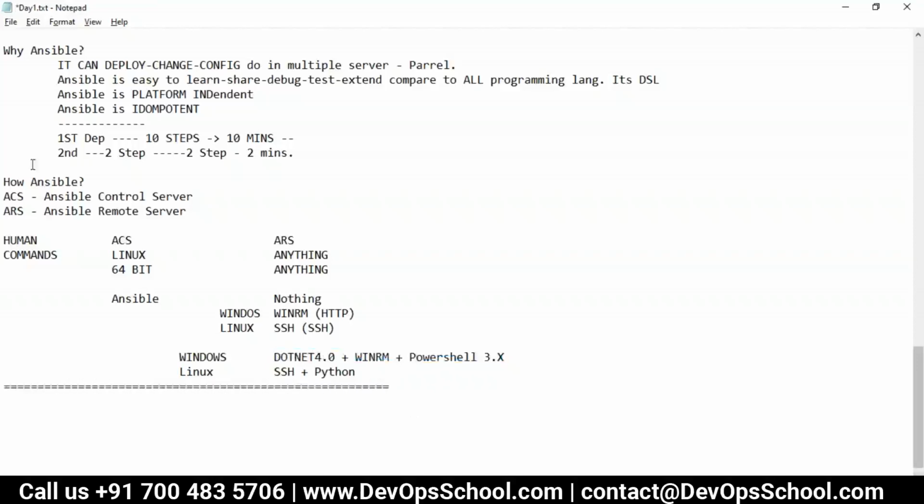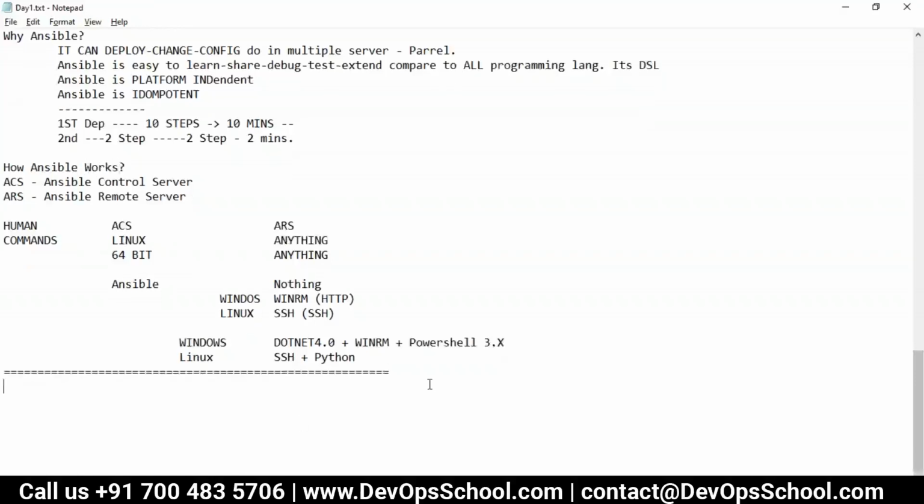So we have understood how Ansible works. Now the next thing is, what is our role in Ansible? In Ansible also there are two roles actually. Rajesh, I think you said before the break that you are going to explain how modules are running in how Ansible works. Yeah, I'll talk about it.